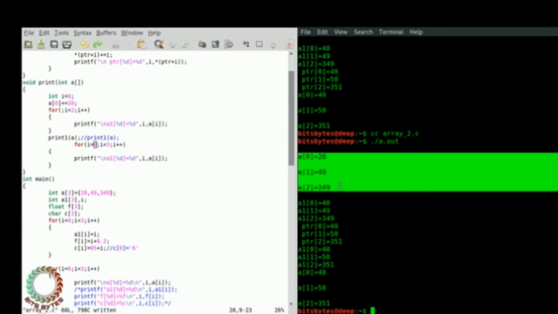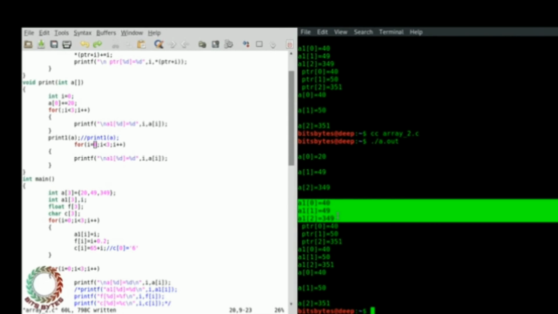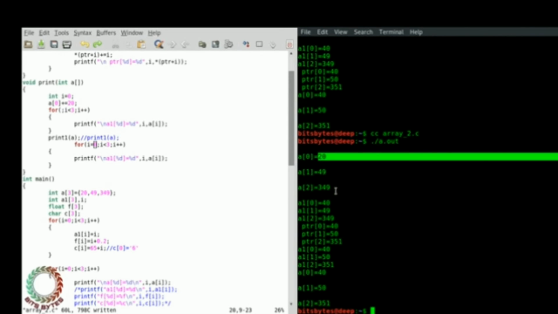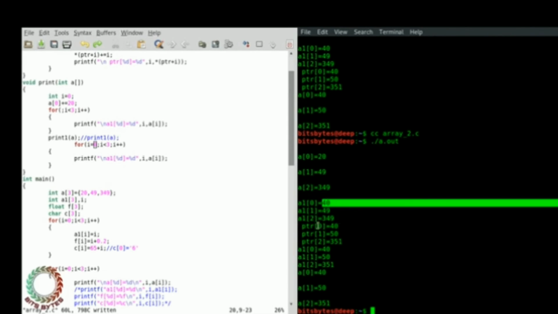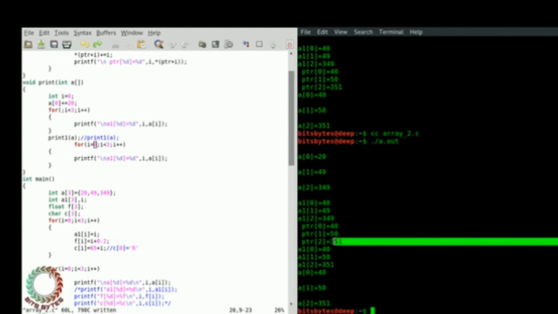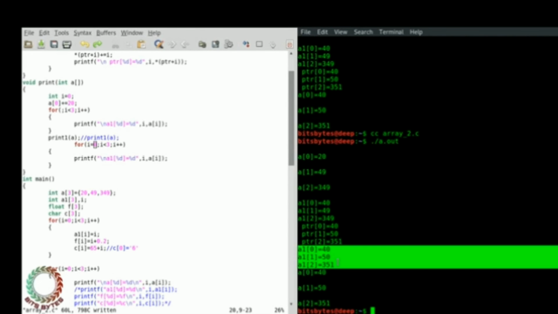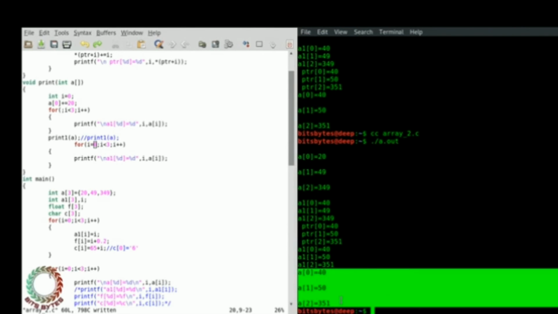The original value is this. After calling the print function, the value is this. Now 20 becomes 40. After calling the print1 function, 40 becomes 40, 49 becomes 50, 349 becomes 351. Now the changes reflect over here or here also.